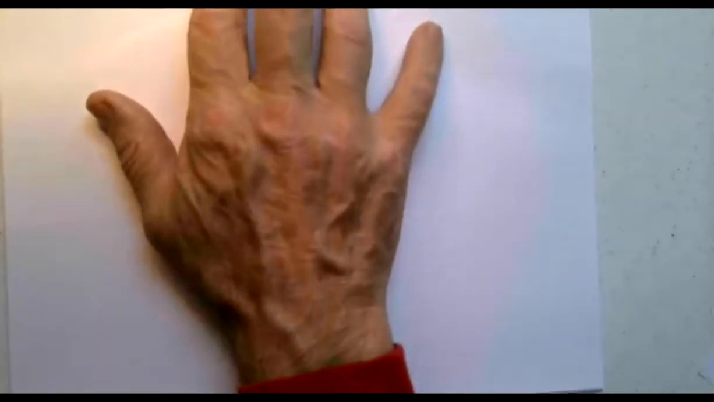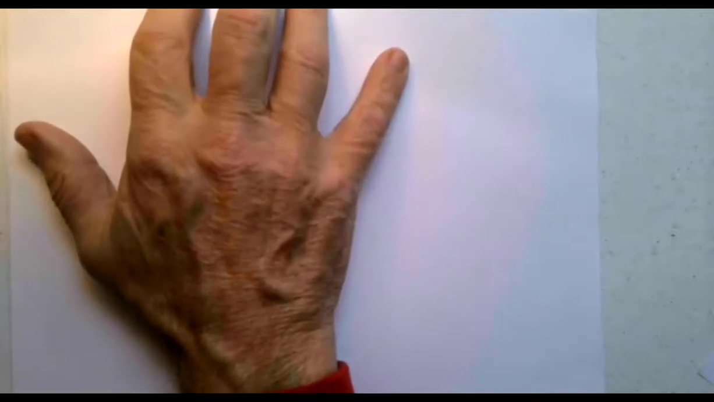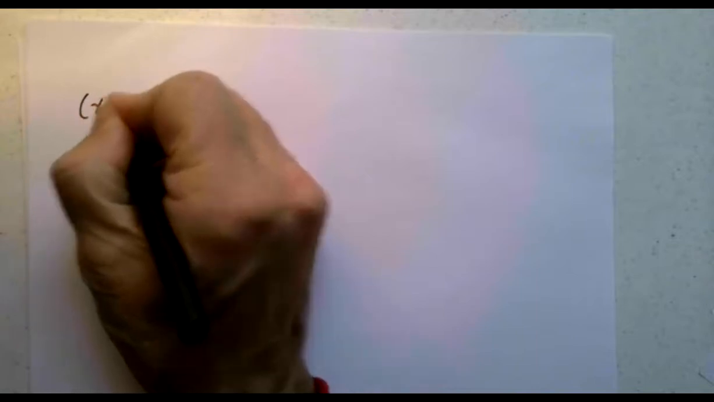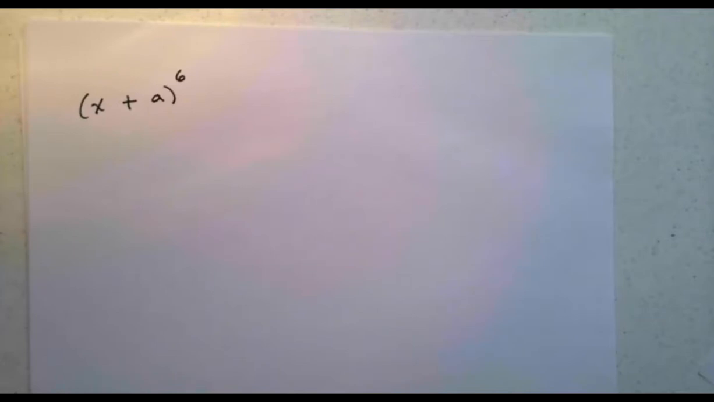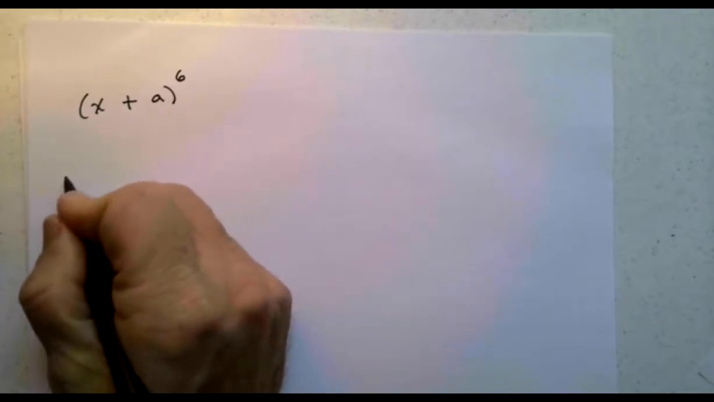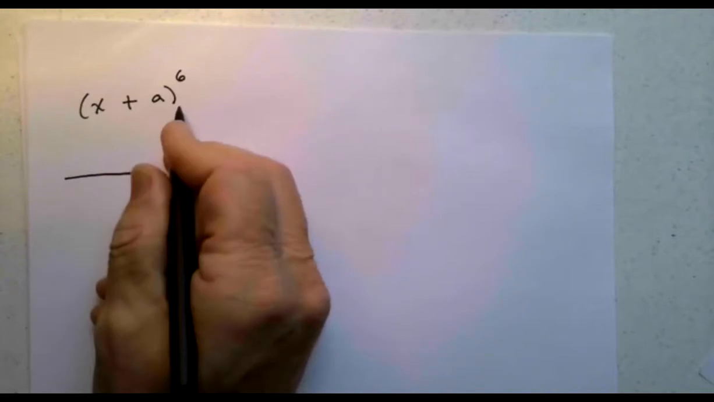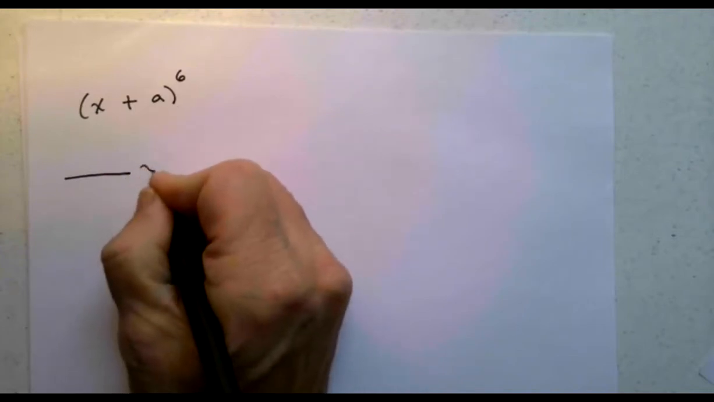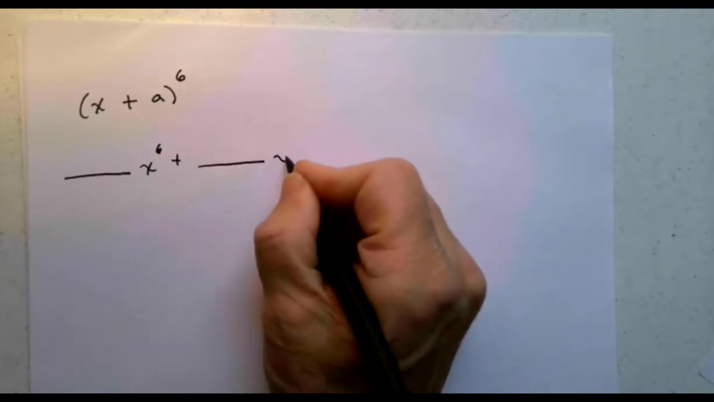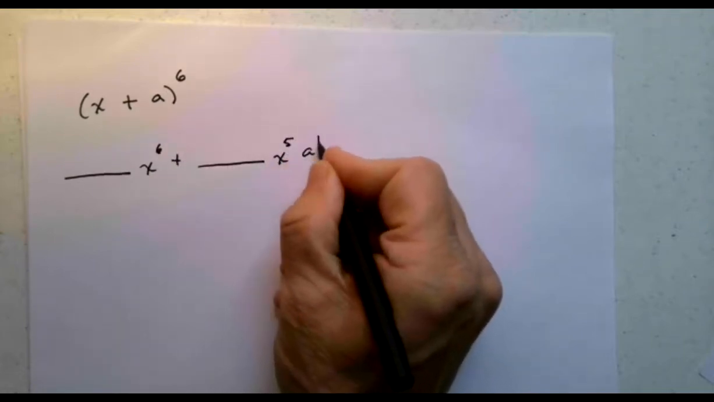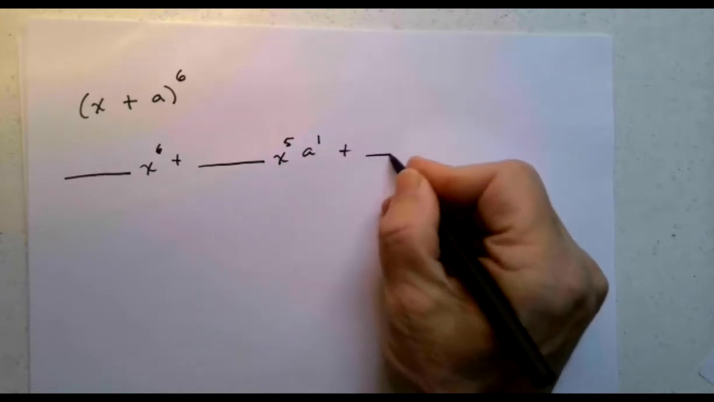Those are actually combinations. So if I want to do x plus a to the 6th power without using Pascal's triangle, I will show you how that's going to work. X plus a to the 6th power. So again, we're going to have coefficients, decreasing powers of x, increasing powers of a. X to the 6th plus decreasing powers of x, x to the 5th, a to the 1st, because they add up to 6, plus